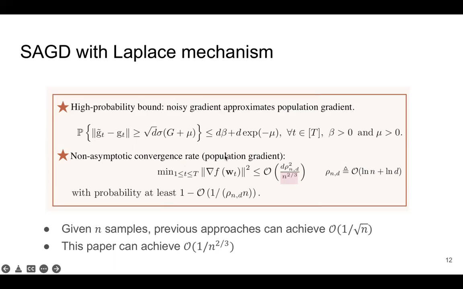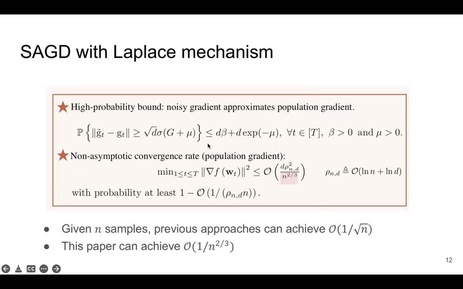And also you can see here the beta and mu. That means this is the probability here. A large mu brings a larger concentration error, but more probability. A larger beta will bring a larger upper bound for the iteration number, but also a larger value for the probability. So how to optimize the values of sigma, beta, and mu, and the total number of iterations,